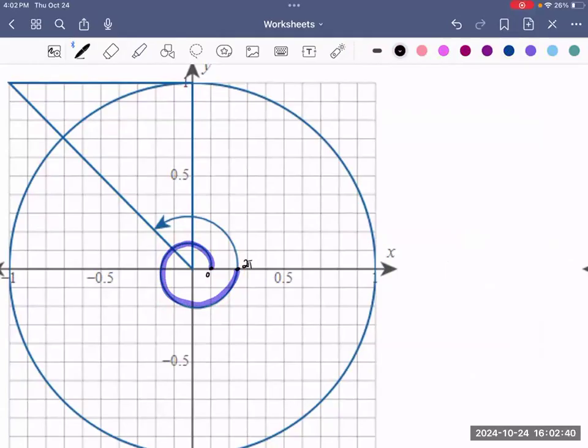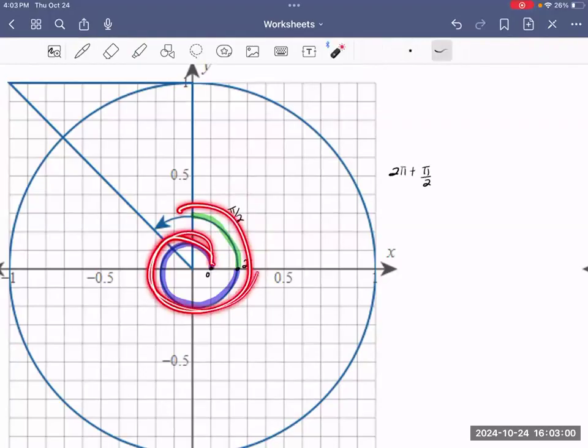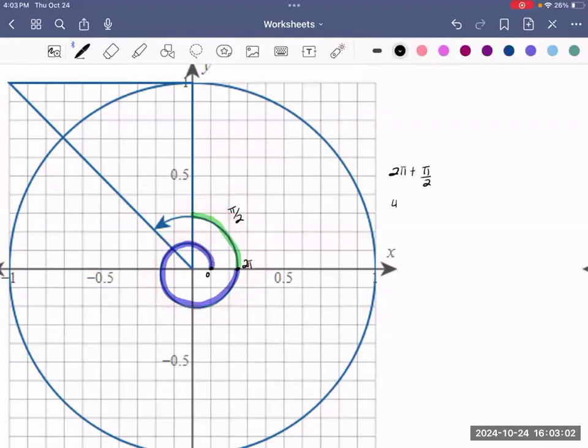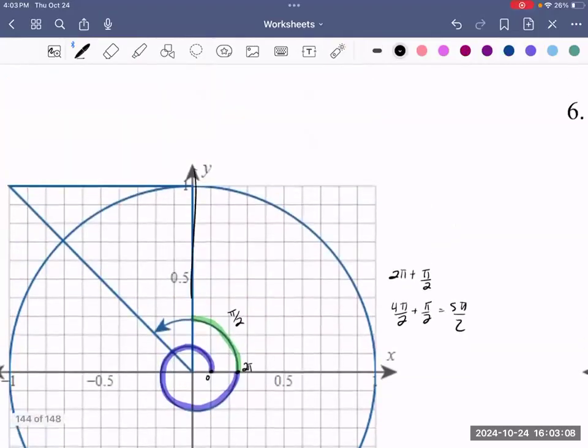So keep in mind with this little sliver, if I were to then add this little 90 degrees, we can have now over a 90-degree angle. So 2 pi plus pi over 2, and it's adding because we are talking about this counterclockwise motion. So 4 pi over 2 plus pi over 2 is equal to 5 pi over 2. So this right here is 5 pi over 2,